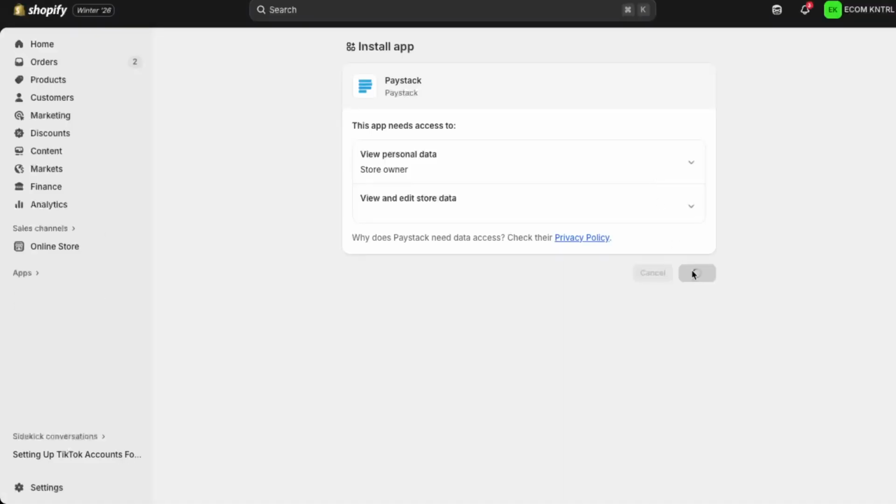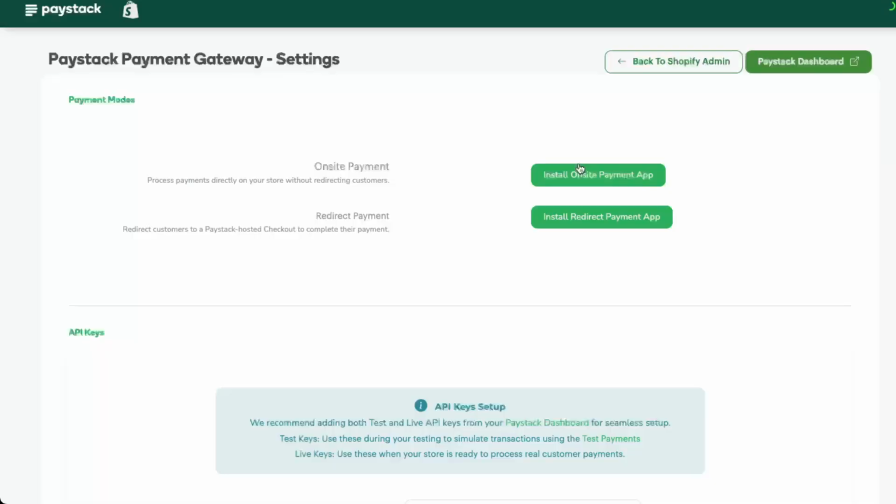Once the installation is complete, Shopify will redirect you or provide a link to continue the setup process on the provider's own dashboard. Follow the instructions there to link your account, add your business details, and complete any verification they require. After that, your Shopify store will be ready to accept payments through